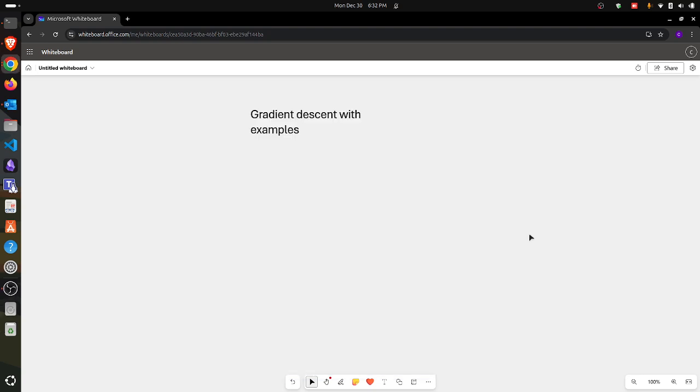In this one, we are going to go over the concept of gradient descent with examples. In the previous one, we learned how to calculate derivatives when you have just one training example. In this one, we are going to look at how to deal with multiple examples. So we'll go for training examples with this function J(w, b)